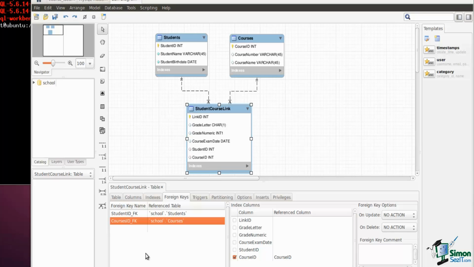Likewise with the course ID. The course ID foreign key references the courses table. Which field in the courses table? It references the course ID field. As soon as you define these foreign keys, the MySQL Workbench will automatically generate the necessary relationships between the tables